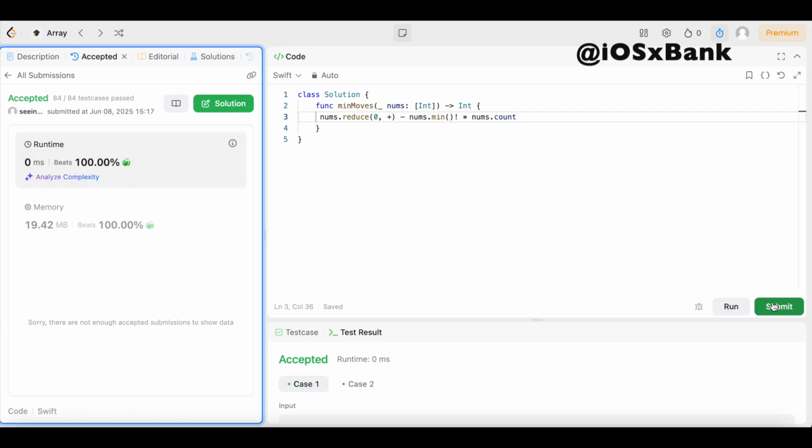Let's see. Ooh, look at that, y'all. Once again, 0 milliseconds beats 100% of users. Two different codes, same result, y'all. So pick whichever one you like better. I wanted to make sure I give y'all both of these solutions just because they're so easy and simple to understand. Might as well include both of them, and whichever one you like better, you can use